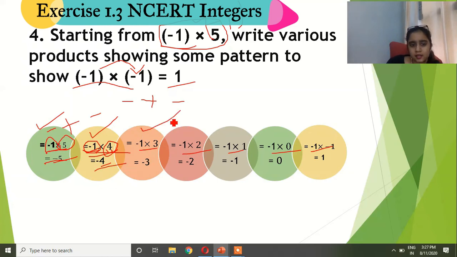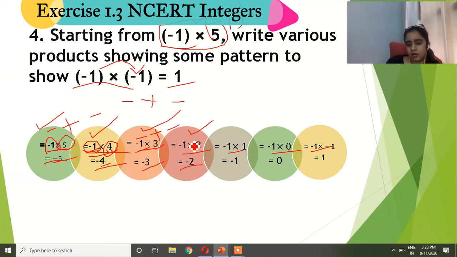And in the third step, we will multiply minus 1 by 3. If we multiply 3 by 1, we will get the answer 3. Here I have applied the rule of multiplication, because minus 1 is a negative number and 3 is positive. If one number is negative and another is positive, the sign of the answer is negative. So our answer is minus 3. And in the fourth step, we will multiply minus 1 by 2, and if we multiply 2 by minus 1 we will get the answer minus 2.